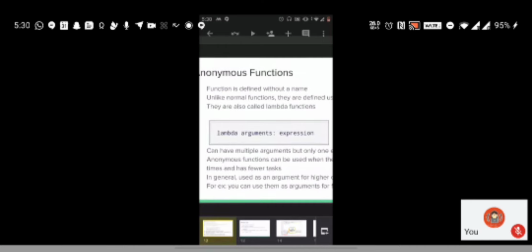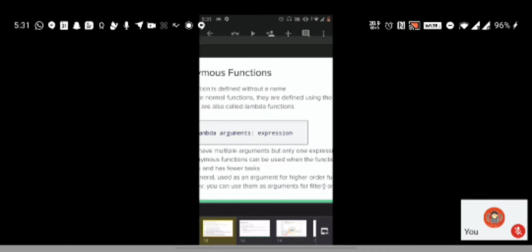That is like a shortcut for creating a function. If you have just one line in your function, then it does not make sense to write a whole function, right? So in that case, you have these shortcuts. This can have as many arguments as you want. Suppose you are just adding 3 numbers, your arguments would be A, B, C, that is 3 arguments, but the expression would be only one, which is A plus B plus C. So your function is doing just one small thing.